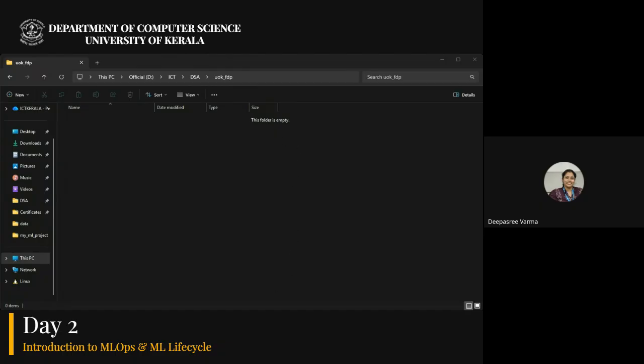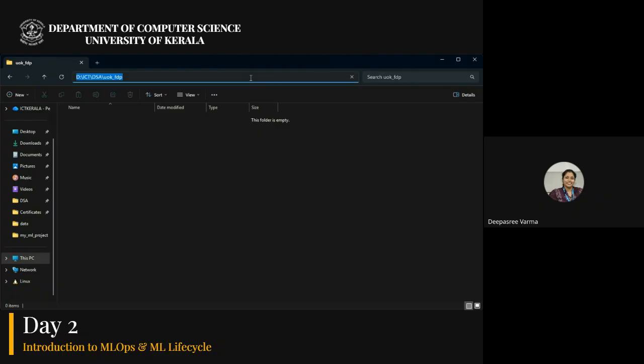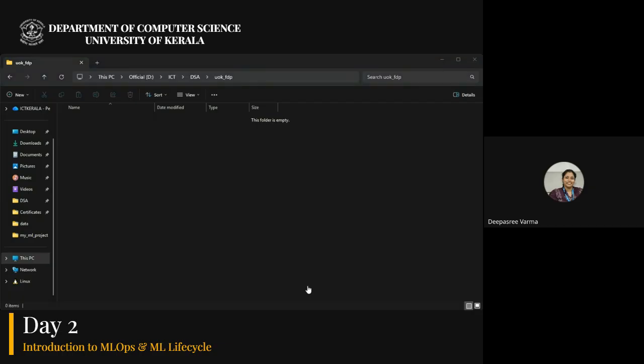And here, to open the command prompt, you can just open the command prompt and type this address. Basically, what I'm doing is taking this address for the command prompt, but to take it easily, I just type CMD here, indicating command prompt. In the address bar, from the place where you want it to open in the command prompt, just type CMD, and it will open the command prompt for you.